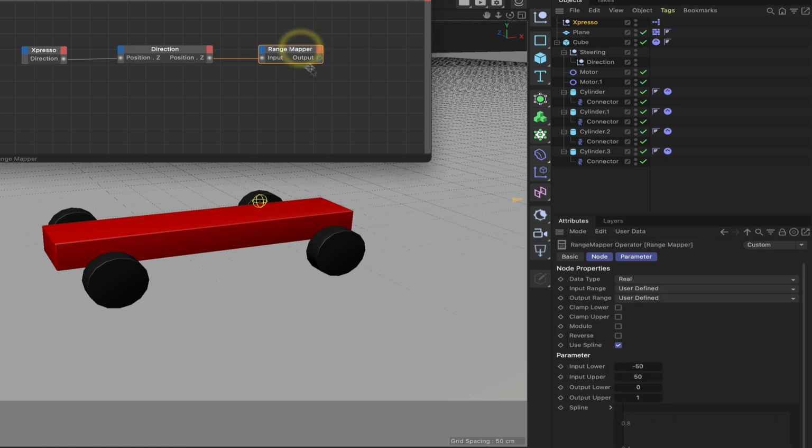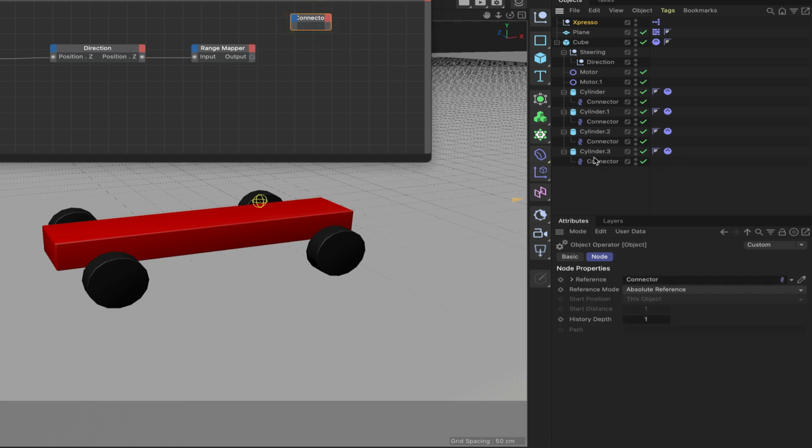So moving on from here, then we need to set the output stage. Now, the output range needs to be in degrees, and it will be -30 for the output lower, and for the output upper 30. And that's as much as we need to do. We can then bring in the connectors that we're going to use to steer the front wheels, and that will be the ones from the cylinder 2 and cylinder 3. So we'll bring this one in and this one in,